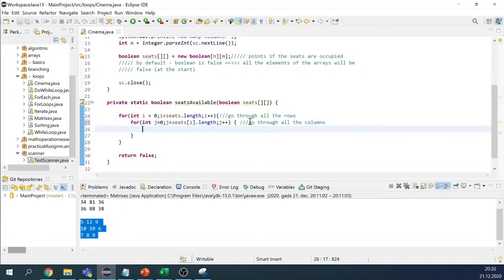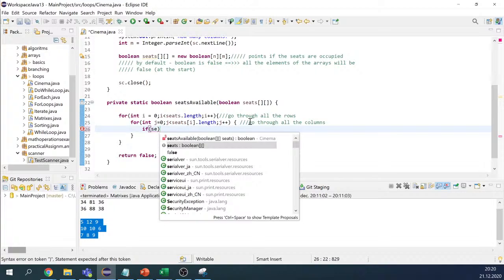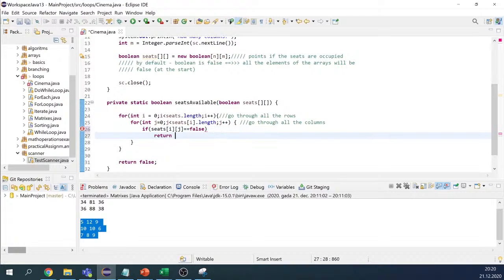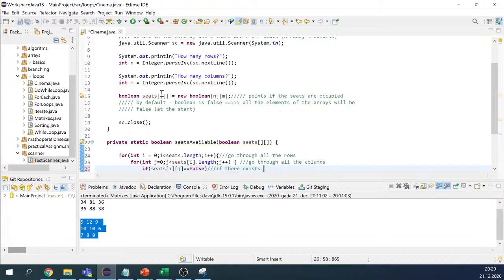So here we implement going through all the columns, and if the seat at position i and j is false, it means that it is empty, so we return true. So if there exists an empty seat, as you remember, by default we have all the seats empty, there is this empty seat, return true,